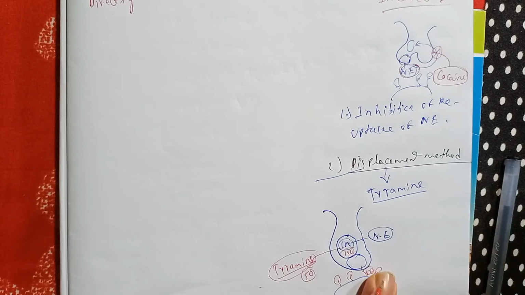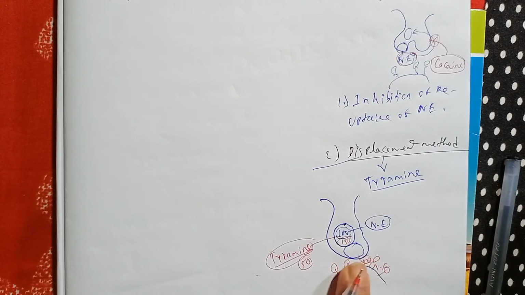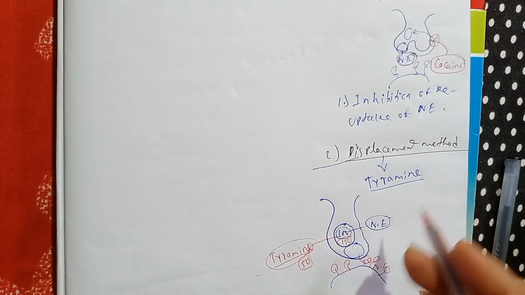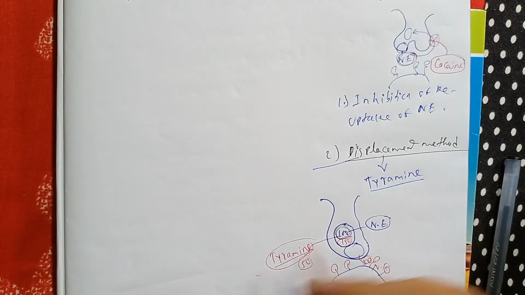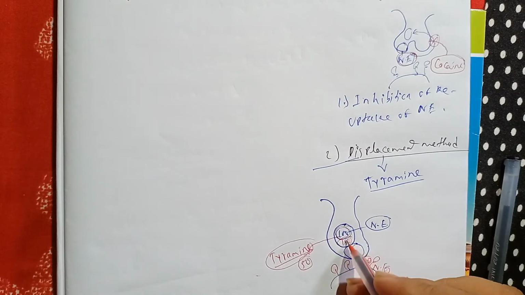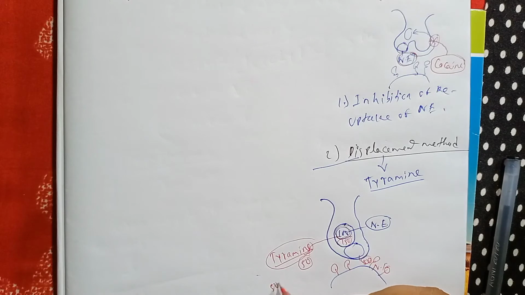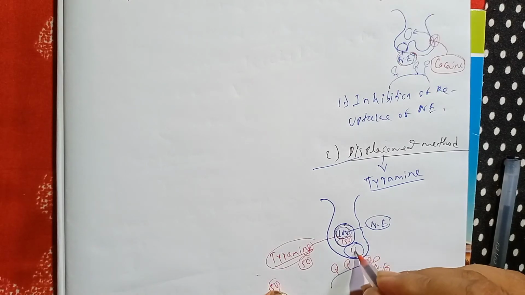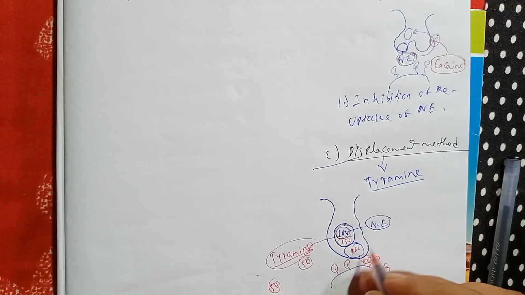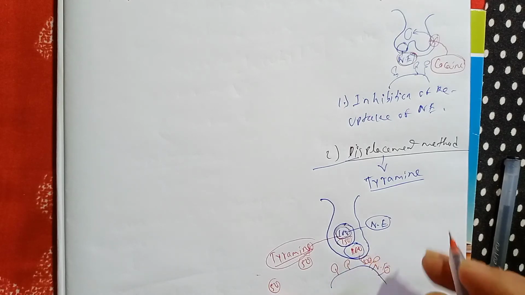It will just come within the presynaptic membrane and it will fuse, and it will release more 50 molecules of the norepinephrine. Then it will do how much? Now 50, totally 100 molecules. Okay, because it is releasing 50 molecules. Again, if we just give the dose again, 50 molecules of the tyramine, now it has how much? 100. Okay, within the 100, 50 is tyramine and 50 is norepinephrine.